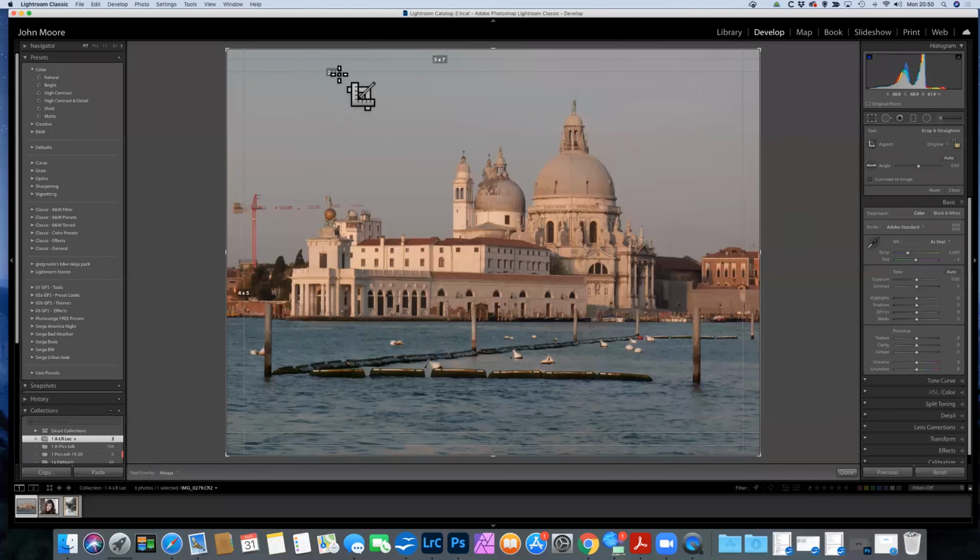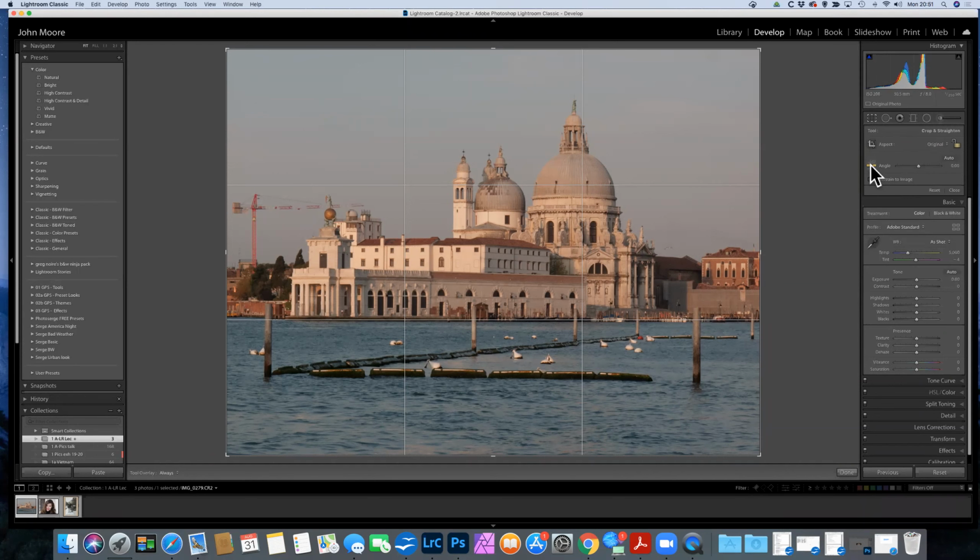Reference to actual crop sizes. That grid and that grid. I don't usually bother with much. It's one of those two grids. Now, this is fairly straight, but it's not quite straight. So in the crop